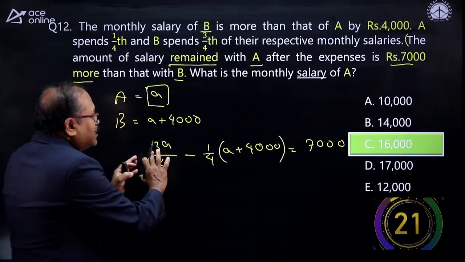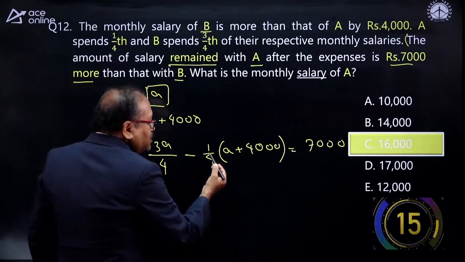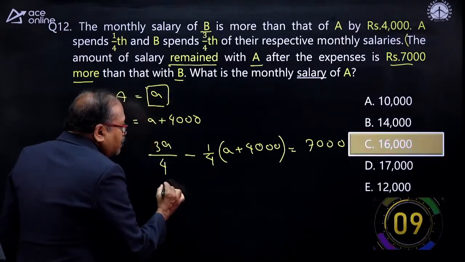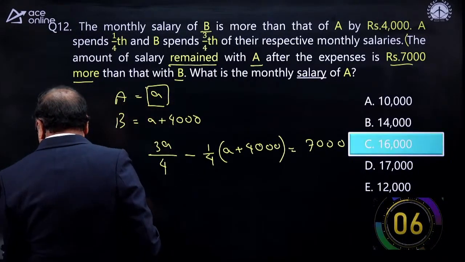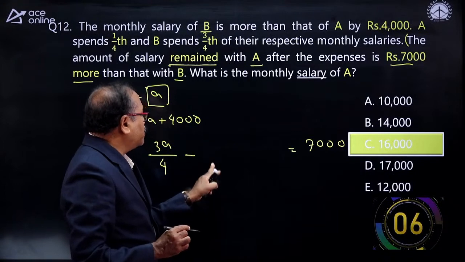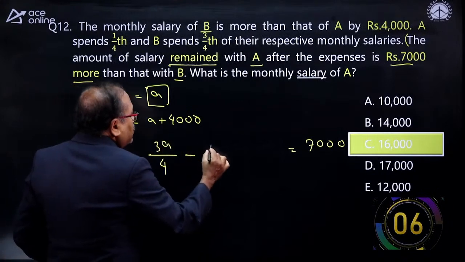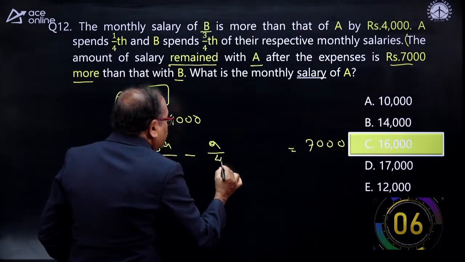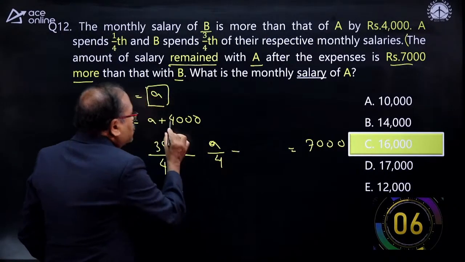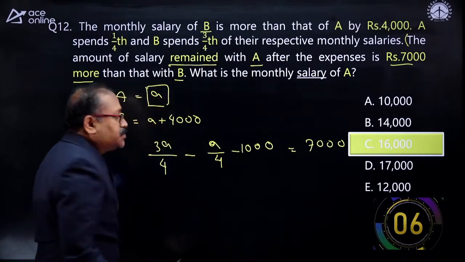But initially you need to know how to make the equation over here. So let's see that here. This is 4. This is nothing but A by 4 plus 1,000. I am just writing one more step over here, or else I don't need to write this part. You can directly write down the value here, because 1/4 of what you are going to write is 1/4 of this, that means A by 4. Plus, as minus is there, minus into plus will become minus over here. So minus 4,000's 1/4, which is 1,000. So this is your equation.